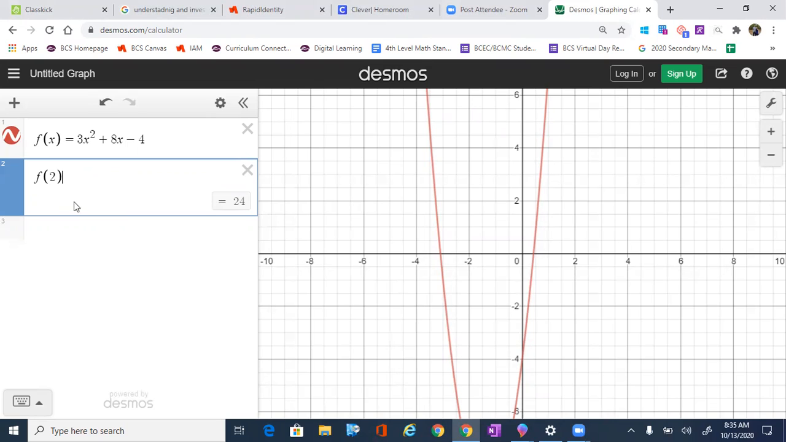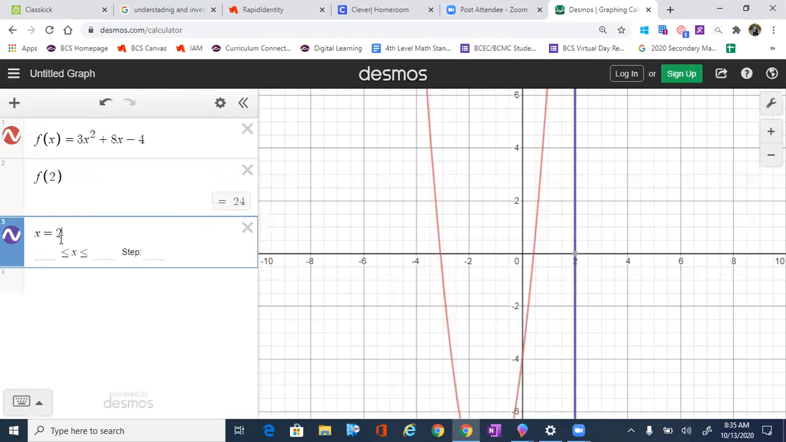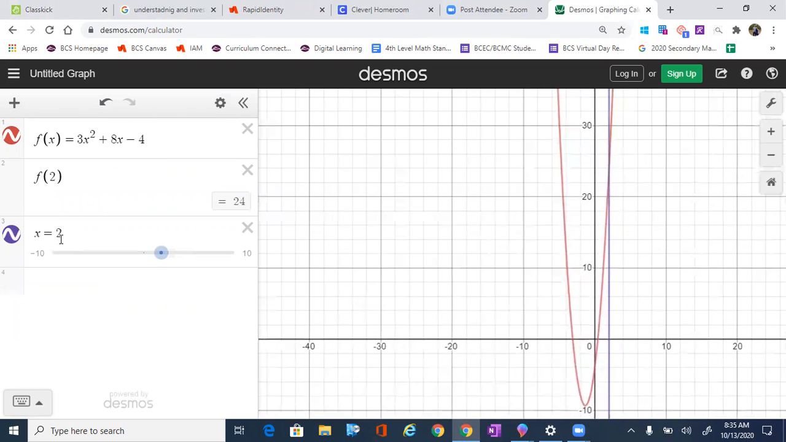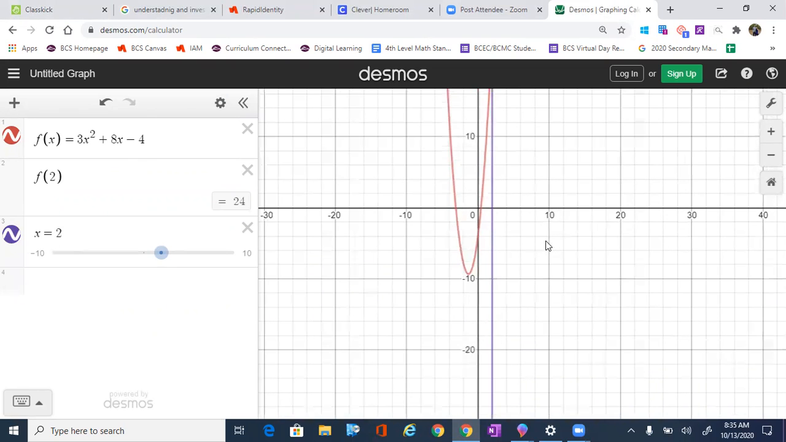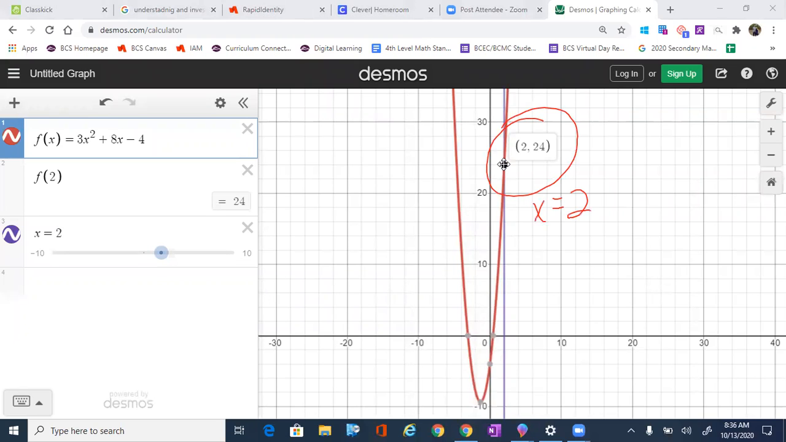There's another way we can do this too. I can type in x equals 2. And when I type that in, what we can do is look for that intersection. And if we look for that intersection right up here, we'll see again that, hey, there it is right there. There's that value, x equals 2, and that gives us a remainder